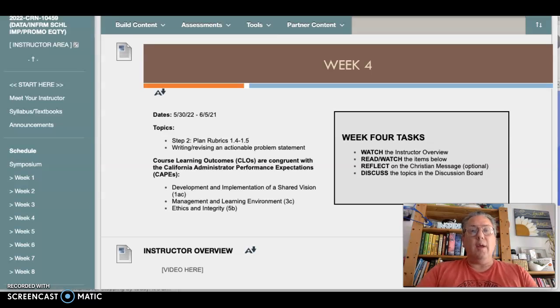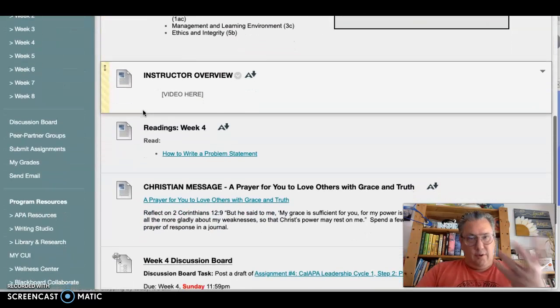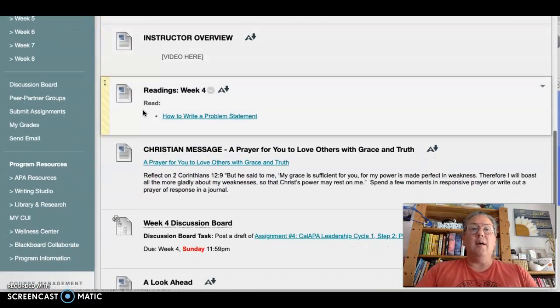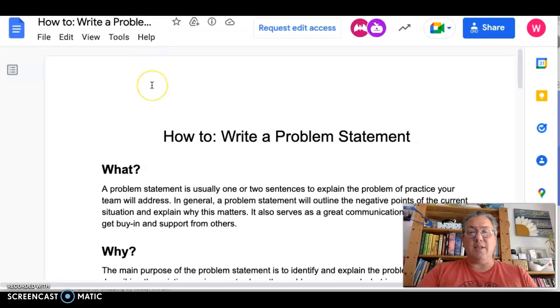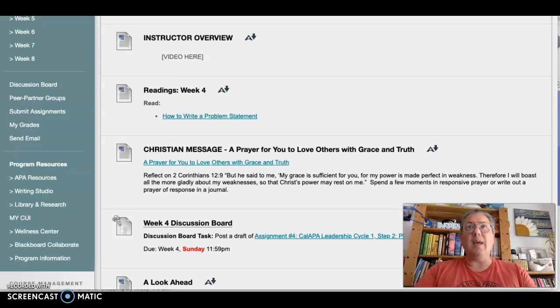Now for this week, you're watching the instructor video, so you're here. But the reading is how to write a problem statement. Hint, hint, hint. You did that reading in our live session, but again, if you don't remember what it looks like, this is what it looks like, those 2 pages there. That just reminds you on the who, what, where, why of writing this problem statement, and that the problem statement is really about 2 sentences long at the furthest that you want to go. So again, that's the official reading for the week.